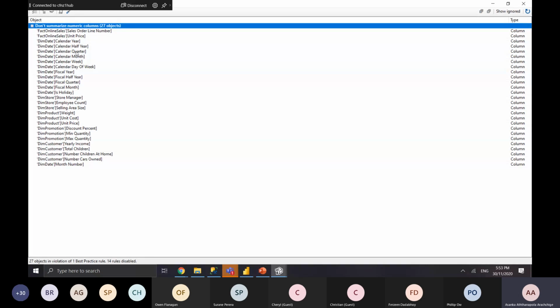It says that all those columns which have numbers are aggregated by default, right? So do you want to do that or not? Obviously, I don't want to do that. But there are some columns that I actually want to aggregate, even if it's a number. For example, let's go,